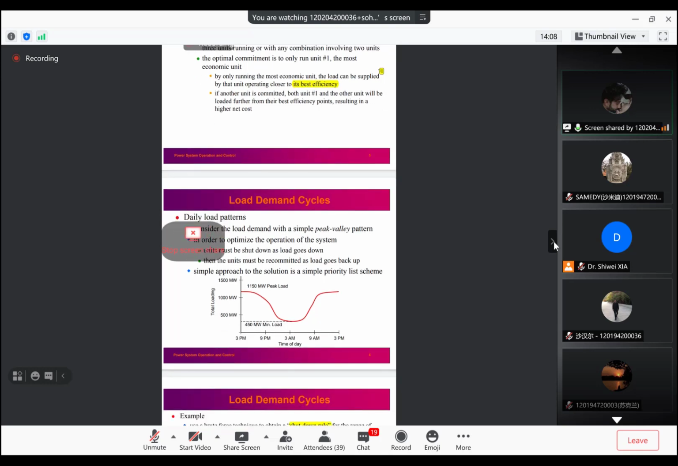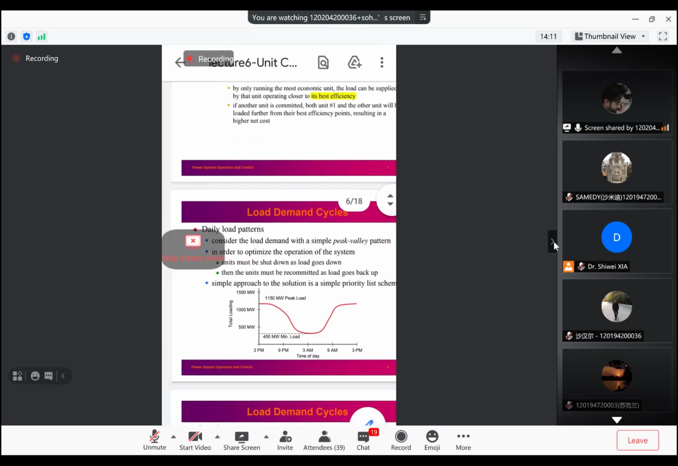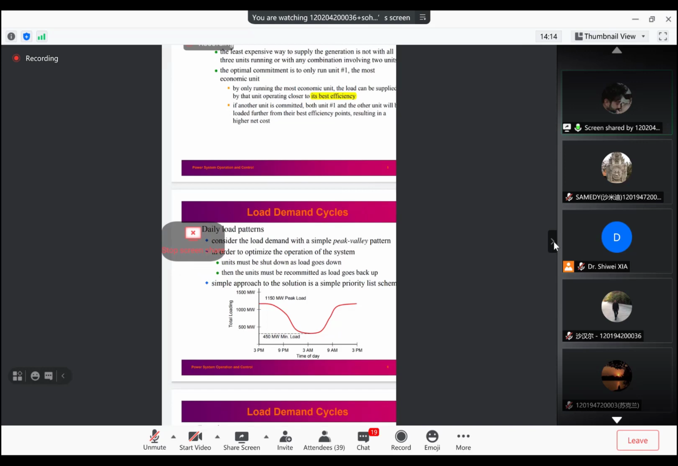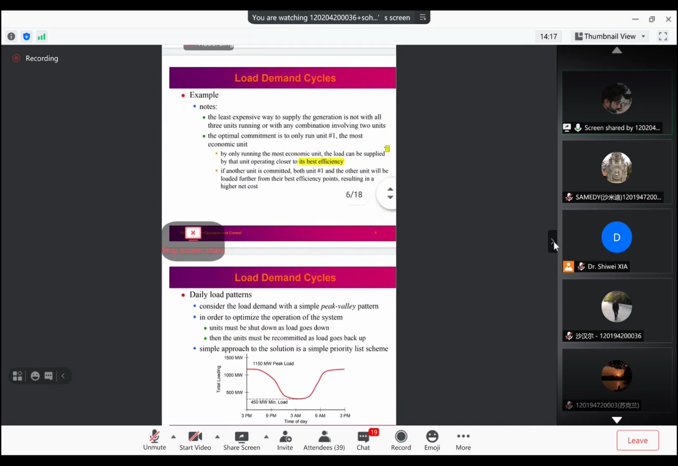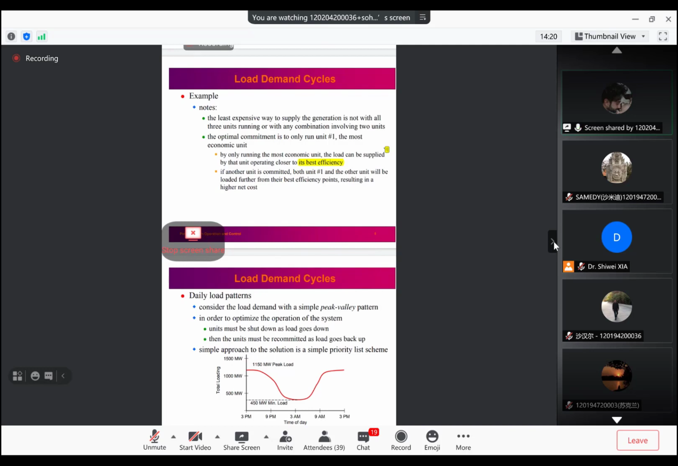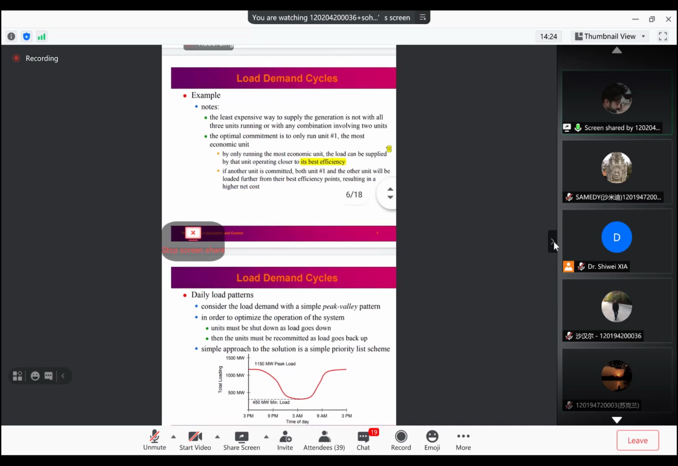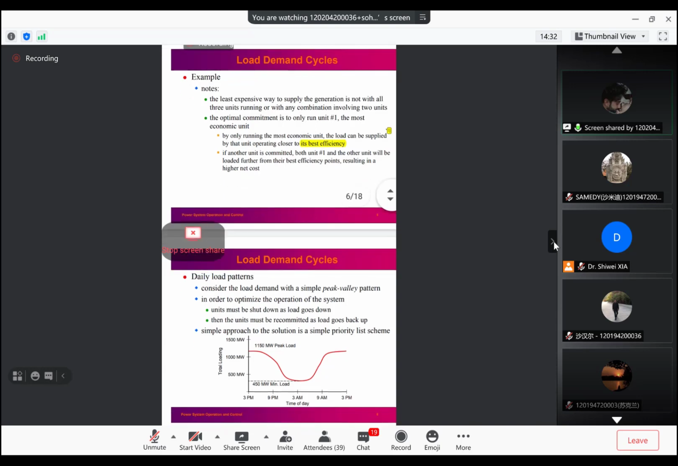The load is higher here. Now consider the load demand with a simple peak valley pattern. In order to optimize the operation of the system, a unit must be shut down as load goes down. As I said before, when the load goes down, we need to close the units. Then the unit must be recommitted as the load goes up. When the load is going high, we need to connect one or two or three, I mean more than one